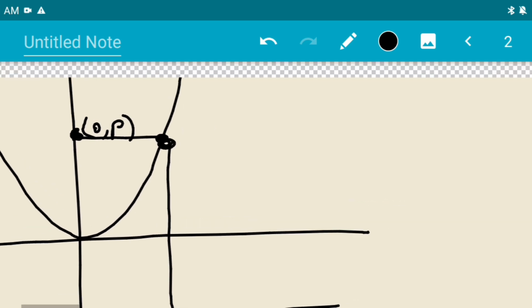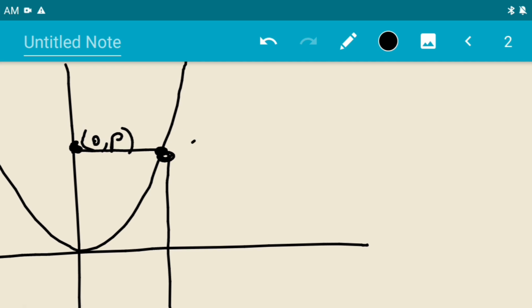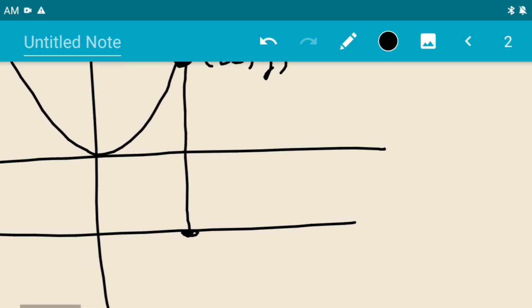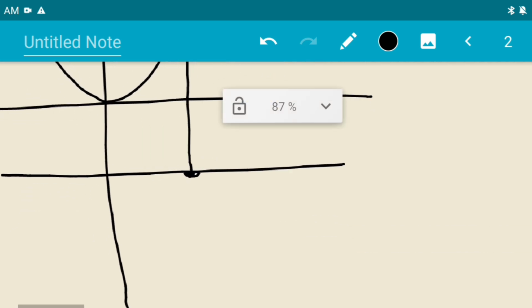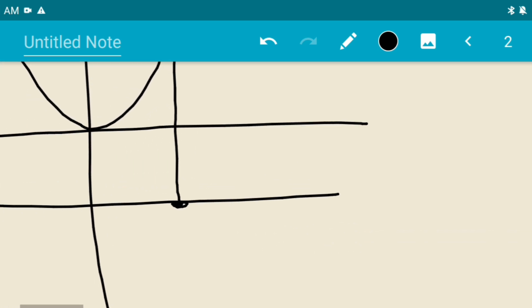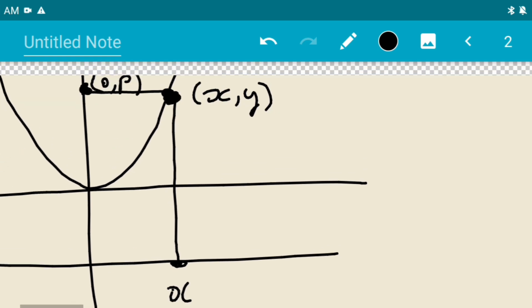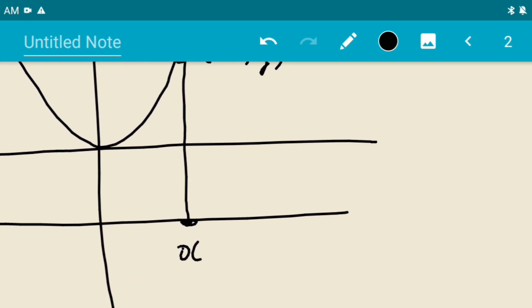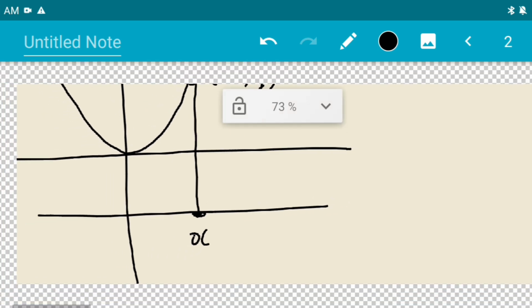So we need to understand that this point has some coordinates x comma y, since it's located up there, somewhere here. Then the directrix also has its coordinates. It is located at some point x, which is the same as the one at the top, since they are both on the same x-axis, comma